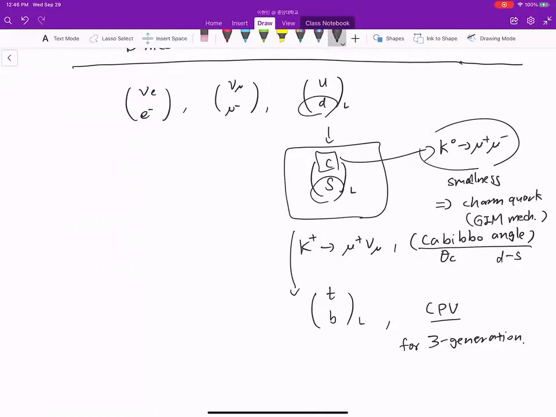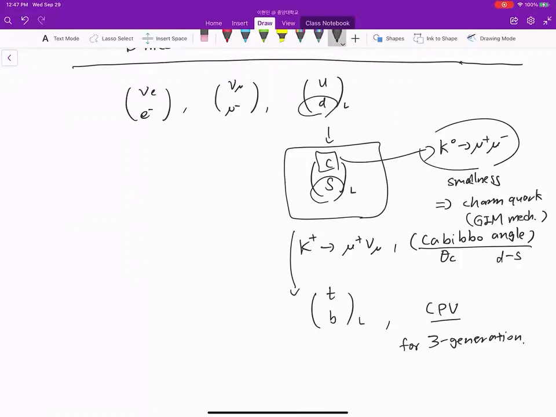So this is, I think, a very similar situation, and many famous people quote this interesting mechanism when they want to motivate BSM physics. Okay, so the GIM mechanism and